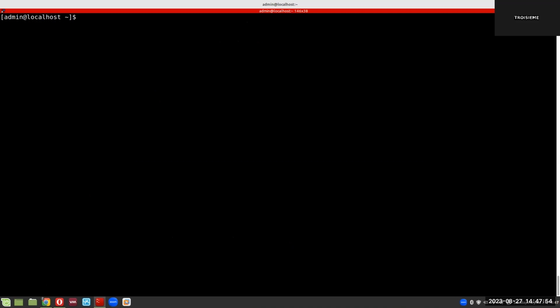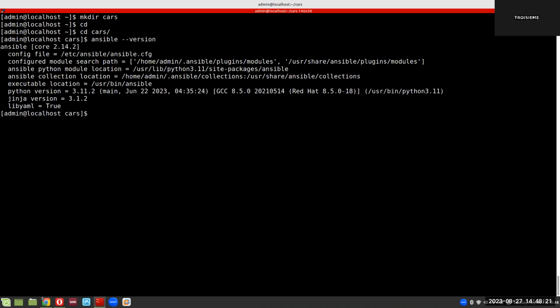Ansible even goes further. You can set a configuration for each particular project that you are working on. For instance, if I'm working on a project where I will be building cars, for example, and I will set it into cars. And here, if I do again ansible --version, it's telling me that this project would still use the main configuration, because Ansible doesn't see any configuration inside the cars directory. So we're going to create a config here,